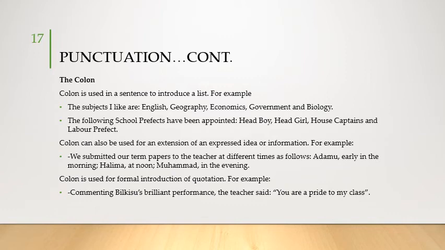Now colon. The colon is another punctuation mark. A colon is used in a sentence to introduce a list. For example, the subjects I like are, then you put a colon and list them: English, geography, economics, government, and biology. Full stop. Or the following school prefects have been appointed: then you list the school prefects: head boy, head girl, house captains,